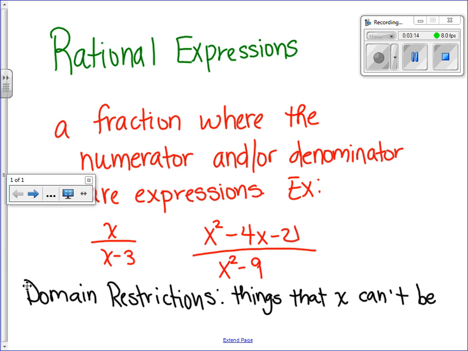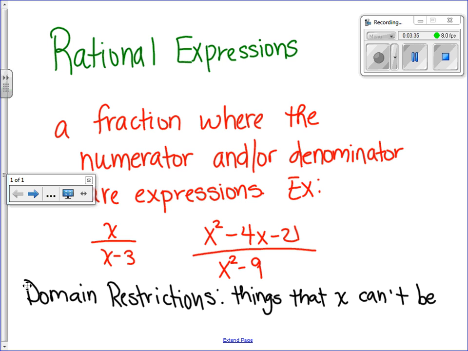So, like in this first one, x over x minus 3, I can't divide by 0. So what can x not be? 3. Because what happens if x is 3? 0, and I'm dividing by 0. So that one can't be 3. Now over here, it's a little bit tougher. Can't be 3 or